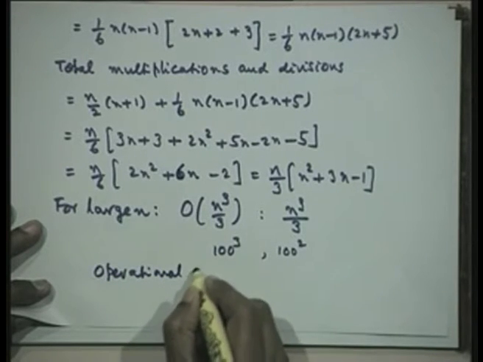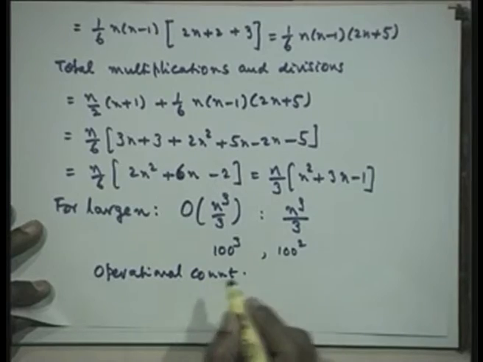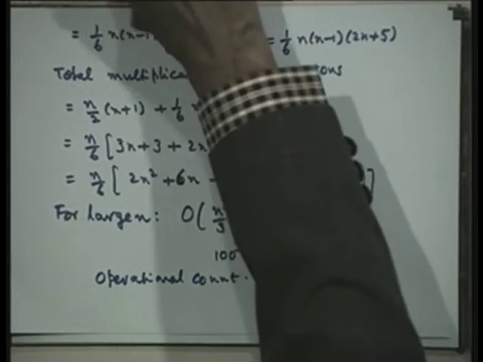First of all, this is called the operational count. Yes. So, we can denote multiplication and division as the same quantity, because the time that is taken on any computer for division and multiplication is the same, and also the time that is taken for addition and subtraction is identically the same. But the time that is taken for addition and subtraction is a much smaller factor than the time that is taken for multiplication. That is why multiplications and divisions are always taken together, and additions and subtractions are always taken together.